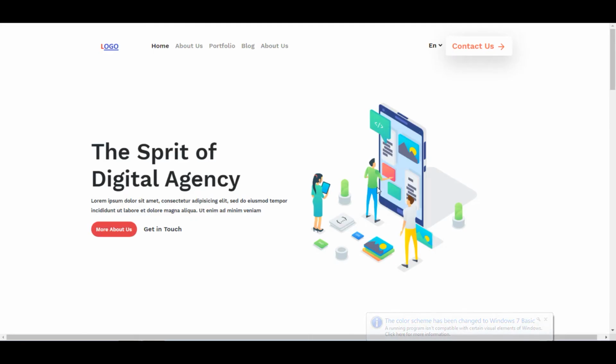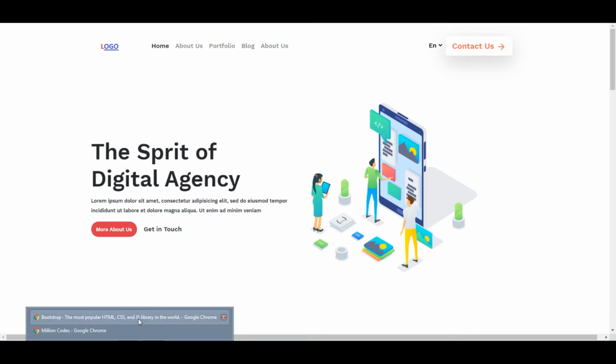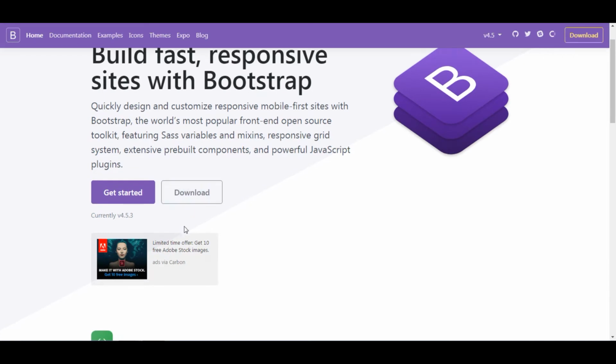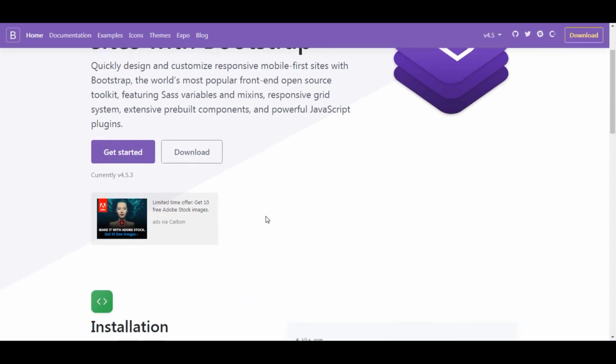Today we are going to see how to create an HTML5 website using the Bootstrap CSS framework. First we are going to see how the website is clubbed together with HTML5 and the Bootstrap framework. Then we will see how to integrate Bootstrap with our normal CSS and HTML designing methodologies. So we will see the final output of what we are going to create. Take a look at how we created this.